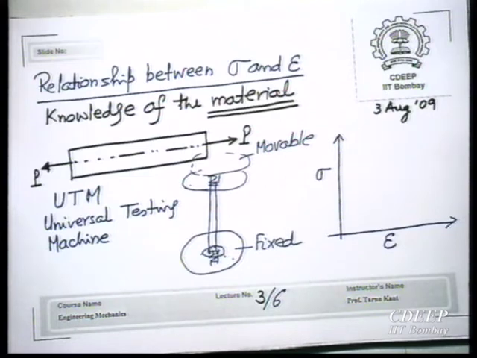When you apply the load, you produce stress, and because of the stress, strains are produced in the rod. So which one is independent and which one is dependent? Stress is independent, very good. But then the stress should be on the horizontal axis. But no, we draw it like this, and that is why I stopped and explained to you. The normal convention is stress independent, but still we draw the stress strain curve this way.